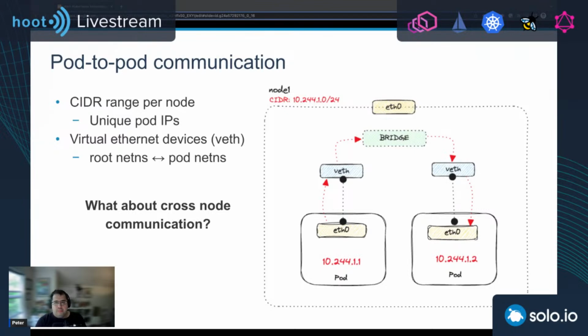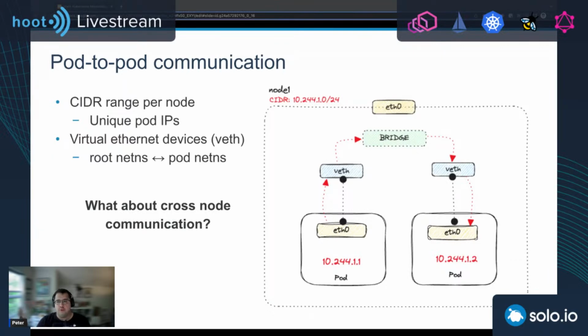Next one is pod to pod. Now, the nodes in the cluster have their IP address and a CIDR range from where they can assign IP addresses to pods. I'm pronouncing it CIDR, but I've read also that people pronounce it cedar. So I don't know. I'll go with CIDR, and if anyone corrects me, I'll correct my pronunciation. So there's a CIDR range. Each node gets its own, and that's the range where the node pulls from to assign the IP address to the pod. So what that does is it guarantees a unique IP address for every pod in the cluster.